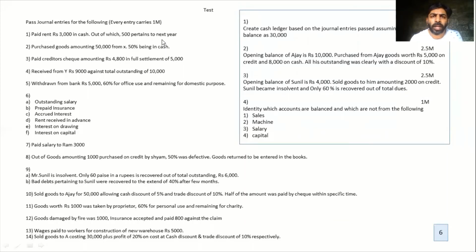Journal, I believe you have tried in my earlier video. Now talking about the ledger, I have given very small ledgers to be prepared. Create a cash ledger based on the journal entries over here. Create a ledger for Ajay. Again, before even debiting or crediting Ajay's balance, understand who Ajay is for you. What is Ajay's position in a business? Unless you know that, you won't be able to do it. And look into the third part of it. Opening balance of Sunil is rupees 4,000 and all those things. So look into all the three and attempt this one. If you're done with this, I can assure you that you're done with this chapter.